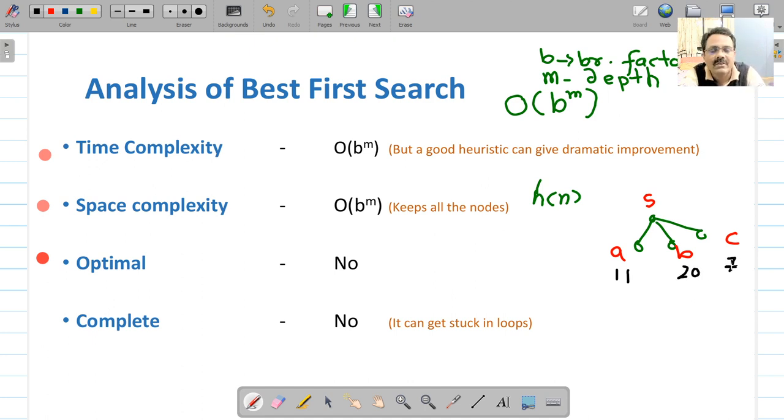Now in this best first search algorithm, since the cost of C is better, which is 7, you are going to select C for further exploration. So the selection of node depends upon this cost.